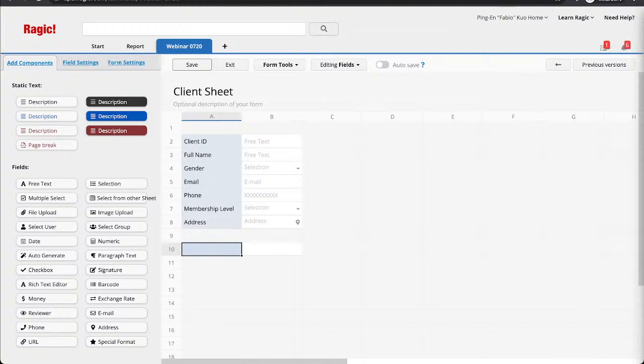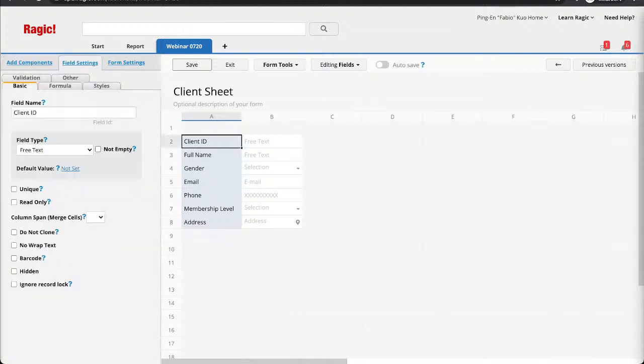These are basically the normal independent fields. These are only for one-to-one relationships. For example, a client may only have one client name and one type of gender. However, sometimes you need to record multiple pieces of information for a client. For example, in this case, a client may have two or more emergency contacts.